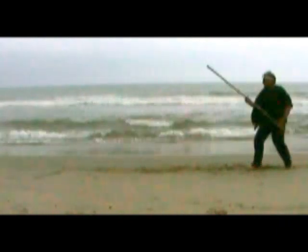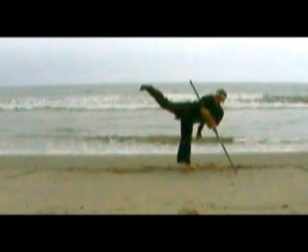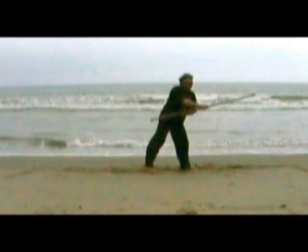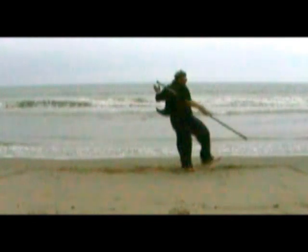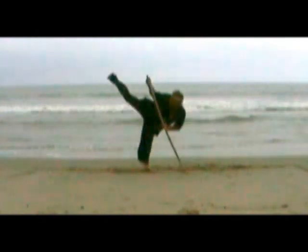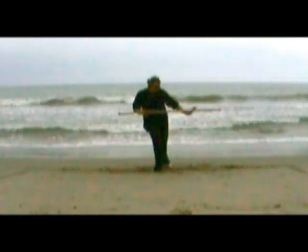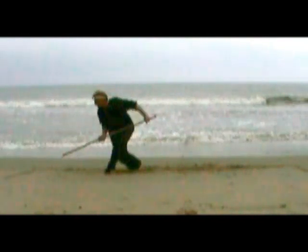So finally, I settled on rattan. Rattan was the best. It was light. It was still pretty strong, and it wouldn't bend. I never broke a rattan stick ever. It's so tough. Okay, so a rattan, but even still, you get whacked with that,